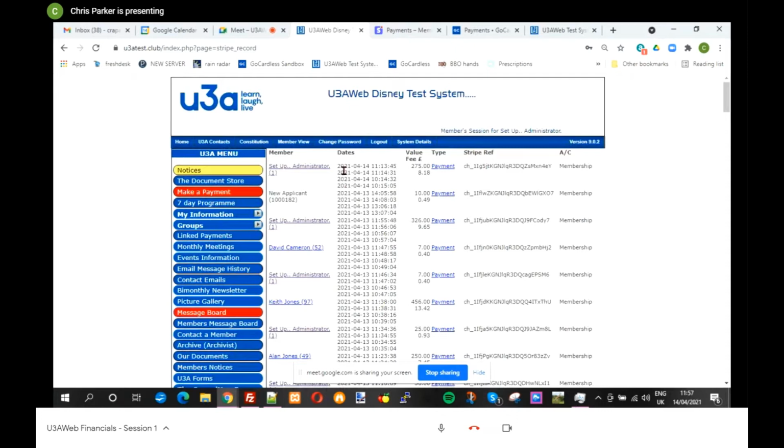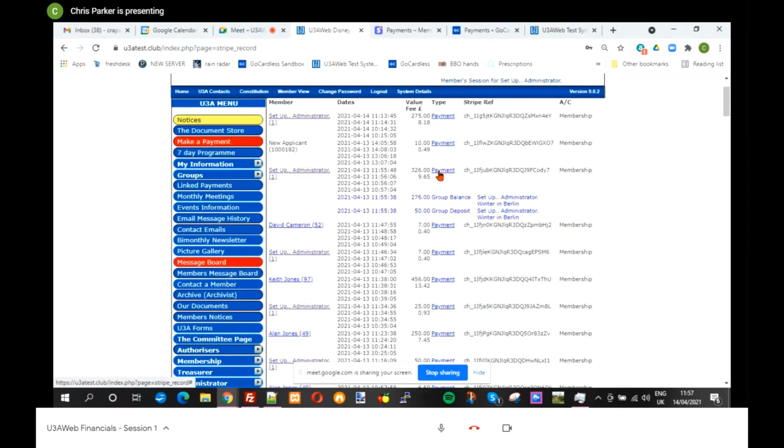You can see, oh right, it got to stage 2 and didn't finish, or whatever. Values, the details are on there. If there's a multiple payment, you get details of the multiple payment there as well. And of course, you've got this CH number, which is the number that gets you to find out the